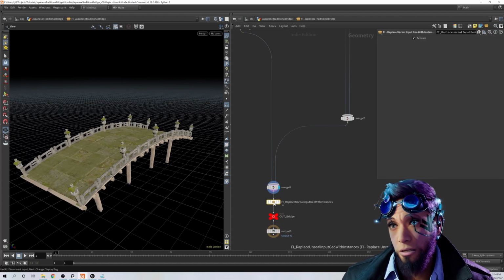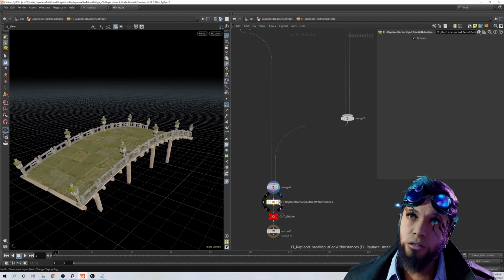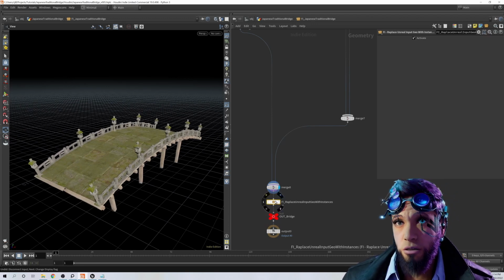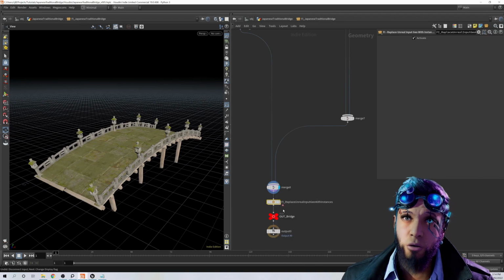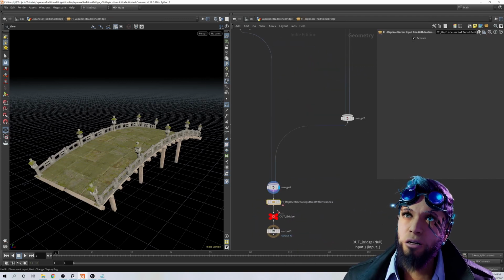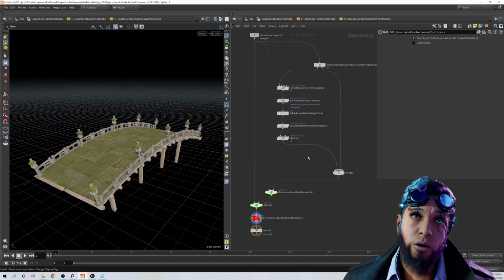And this last step is actually quite interesting. What it does, it replaces all the packed geometry with Unreal instances. It's basically points with all the attributes that are required by Unreal. I'm not gonna dive inside of this because it's not a critical step,